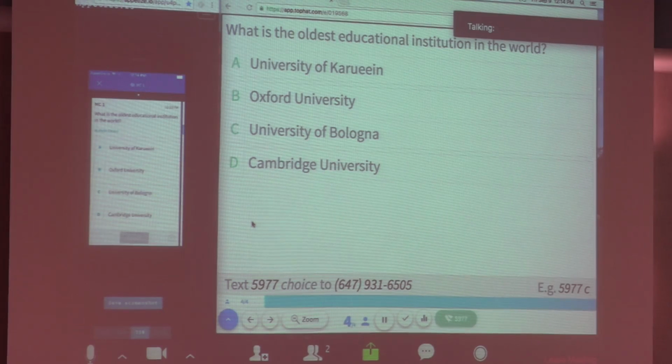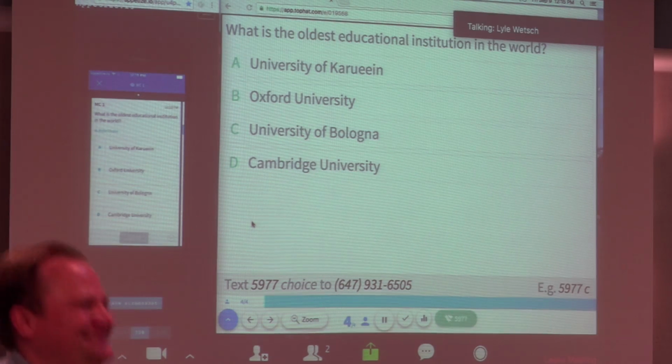Now, the cost of the platform, as Lyle mentioned, is a one-time fee for students on a semester basis. For the semester, it's $24. If students were expecting to use Top Hat in a couple courses throughout the year, they can also subscribe to our year option, which is $36. And we do have a lifetime license, which would cover students for the duration of their degree, and that one is $72. And for some of our students, that could be a lifetime.